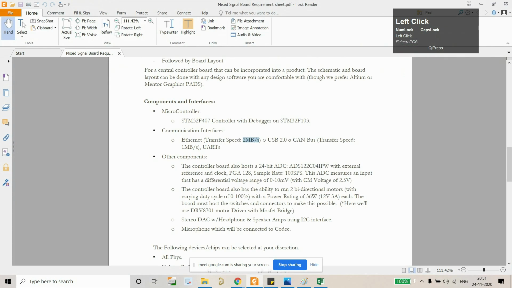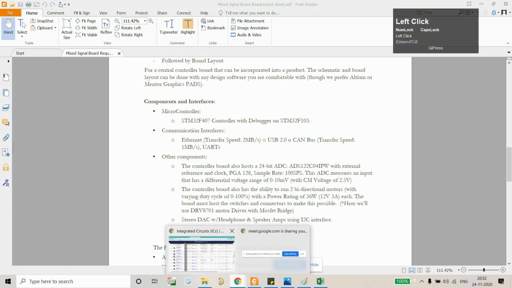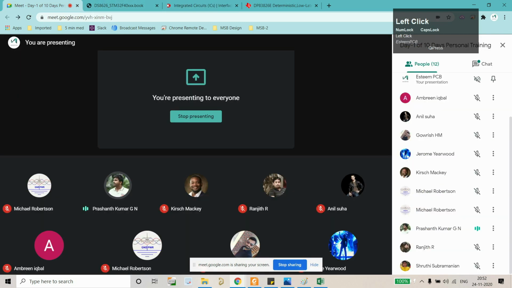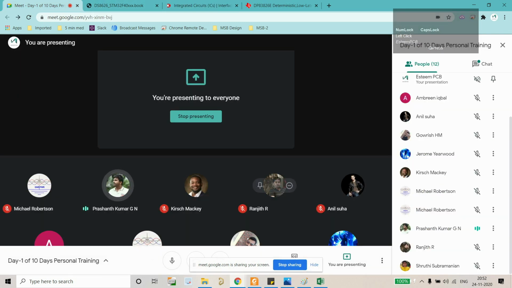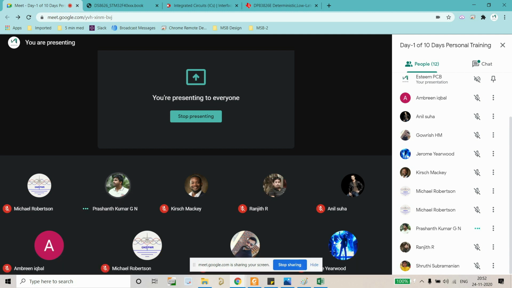Now again, we will see what else we have. So Avi, I have just one question. If you consider it as hardware, we can select any Ethernet PHY. But if you consider it as an entire product, you need to consider the driver availability, the software. So how do you make sure that this particular Ethernet PHY is compatible software-wise with this microcontroller?